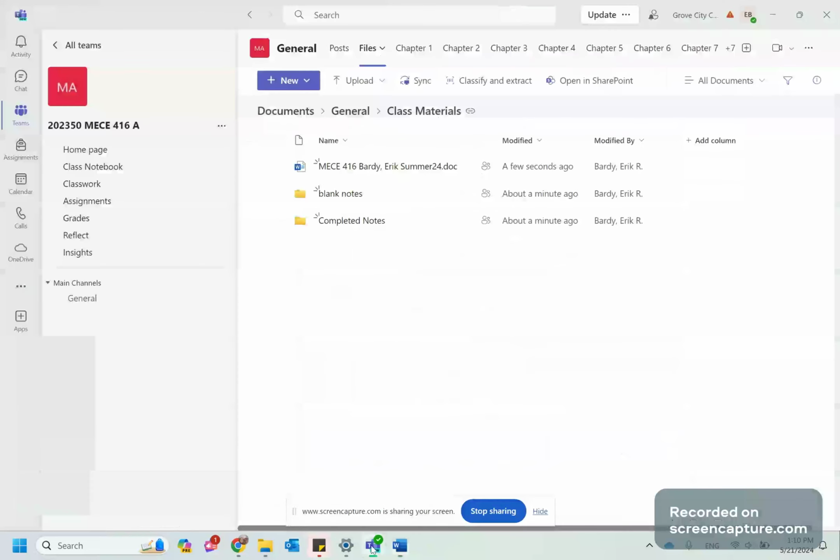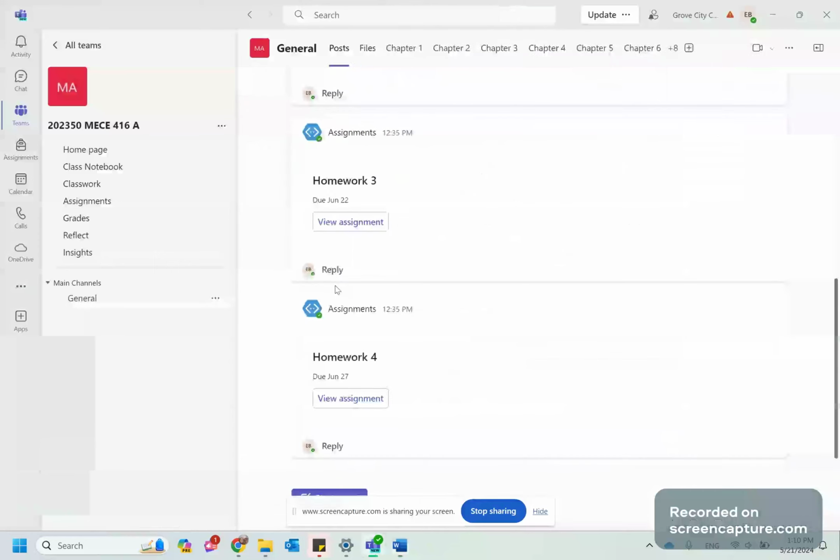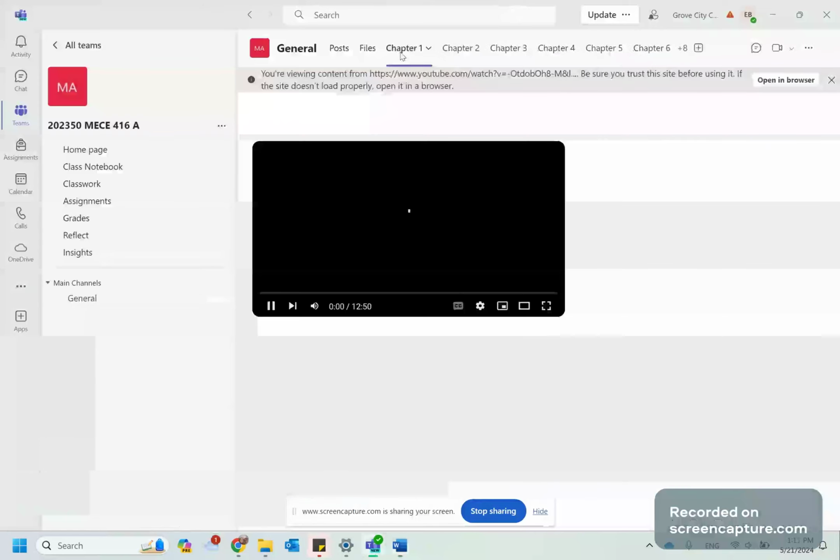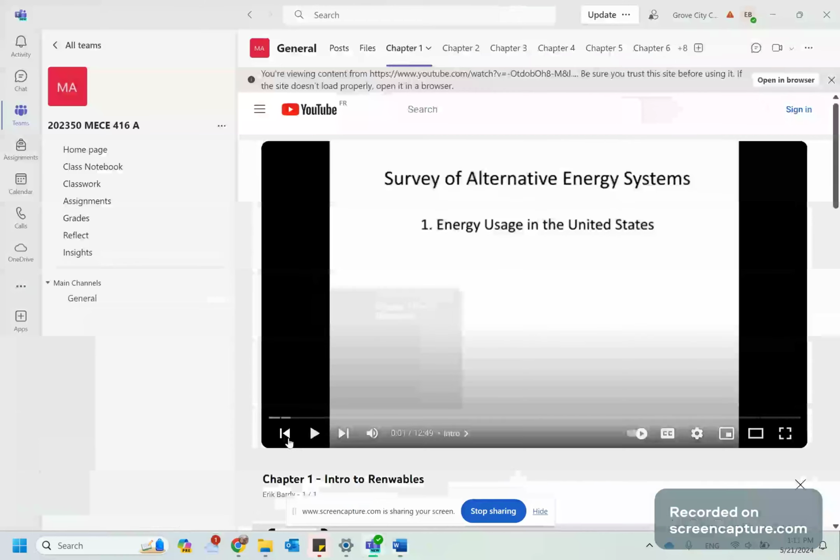The class will be facilitated through Teams. If you go to the class team, you can click here on General Channel. General Channel will be how I'll communicate to you mainly. You'll see on the top here different tabs. Each tab represents a link to a YouTube playlist on my YouTube channel, which has the lecture notes. The videos are basically recordings of the blank PowerPoint notes that you have access to with me lecturing and inking content along the way.